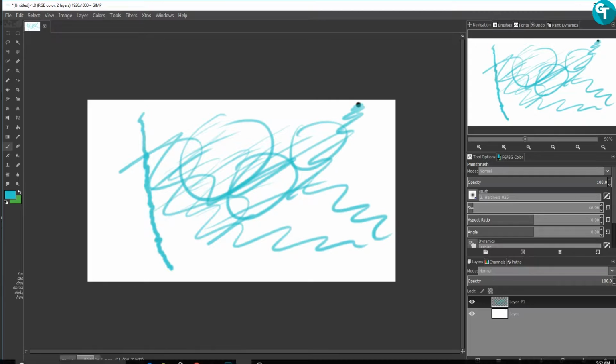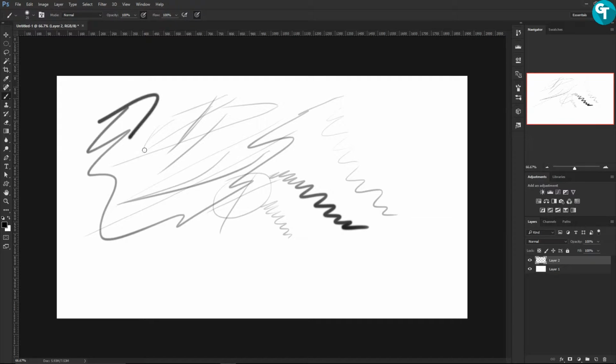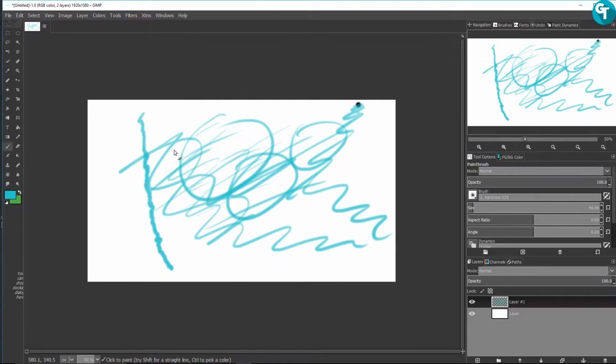of Photoshop. If I come over here to Photoshop, it works just the same now. And it's based off pressure sensitivity. This ain't a Photoshop tutorial, I'll just show you guys that I have that turned on. So the lighter I press, the smaller the line is, the harder I press, the larger it is. And I just wanted to do that little comparison because it's the same over here inside of Gimp. So the lighter I press, the smaller it is, the harder I press, the bigger it is. So that's just with pressure sensitivity,